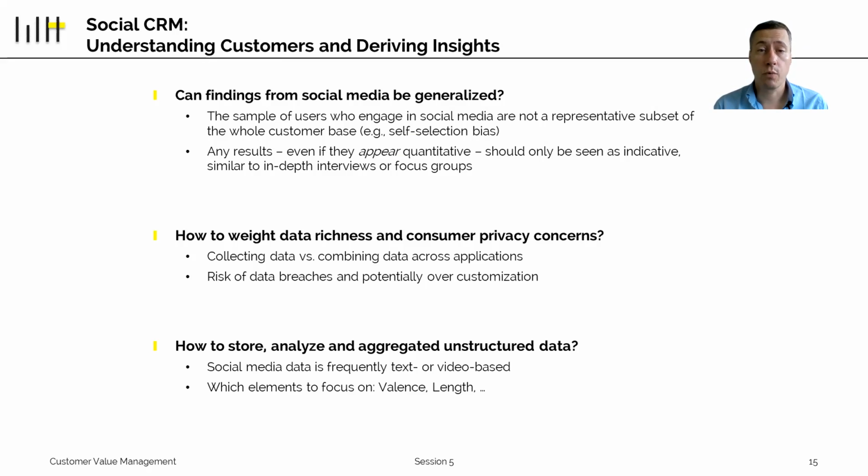Related to this is a point that we discussed in session 1 when we talked about AI and big data, which is this whole idea of richness and customer privacy. And there is no real answer that we have for this until now. What happens if we can collect data across different applications? If Facebook has data from your phone as well as from your internet usage, or probably even your internet usage on the Facebook site and on other sites, suddenly they can start combining activities across different networks, which gives a much, much more impactful and richer data set than only looking at one application or one site.